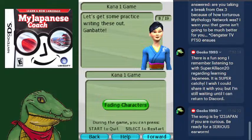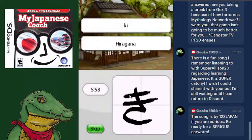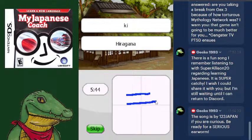Let's see. Just writing that in my notepad really quick. So we get a new game out of this. Fading characters. Ki, so, ki, and at number 3, we gotta write this from memory. Ki, ku, ku. Simple enough, right? I,